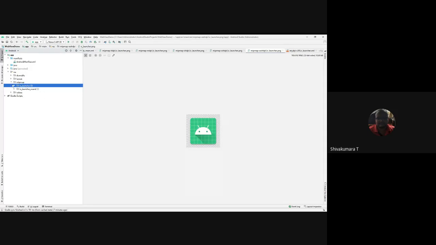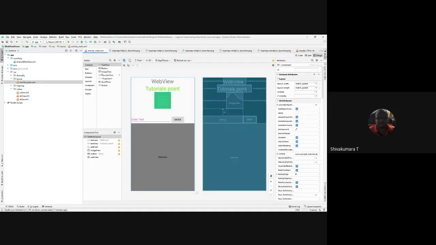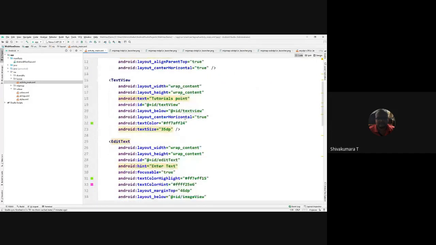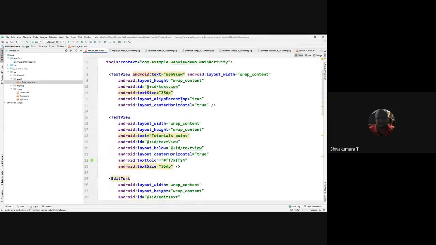And another folder which will exist in that resource is values. See, this is one more interesting thing. In Android, under the layout main.xml, if we give the name as tutorials point, it is called hard coding. Rather than providing a hard coded string here, which by default it will display,